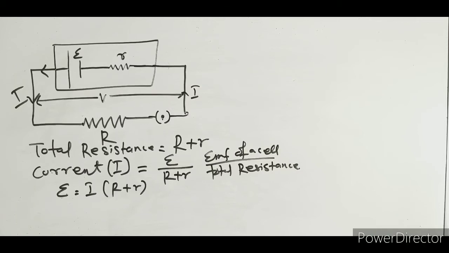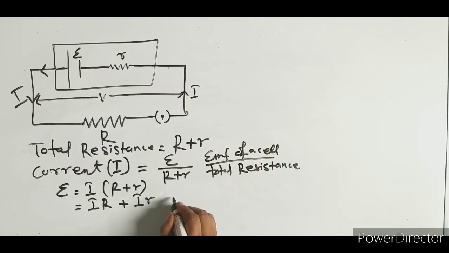One thing remember, when this R will be 0, meaning no internal resistance will be there, that means when no current flows there will be no internal resistance. At that time, V will be equal to E. Clear? Now let us go for it. So in this case, what I am getting here is E equal to IR plus I small r.